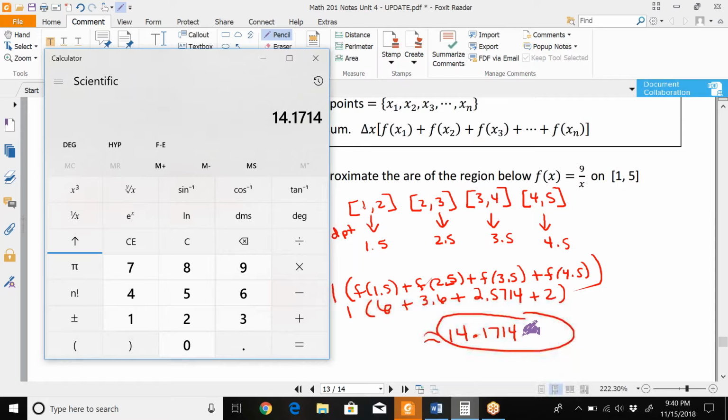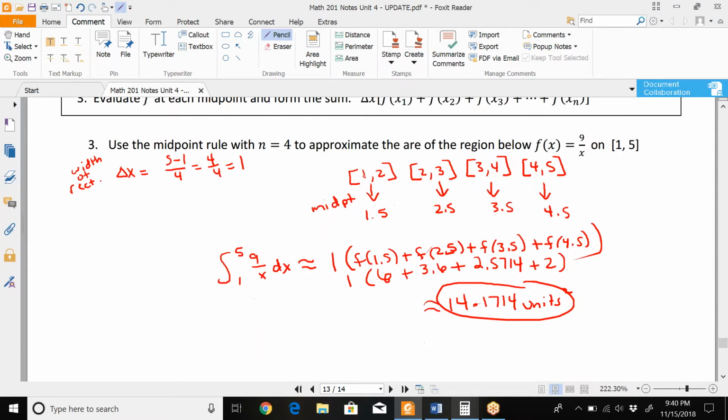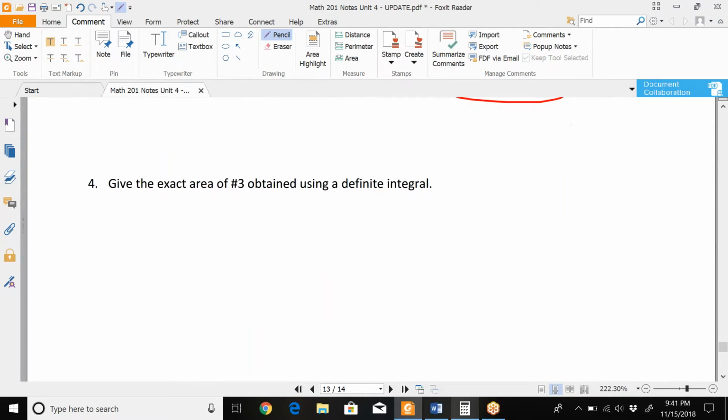And that's units squared. I didn't write that on the first problem, but it's still area. Okay, so this is another one I could have done by an antiderivative because we know how to do 9 over x. So we're going to show you the exact area doing the actual definite integral, from, I believe it was from 1 to 5, not 0 to 5. So from 1 to 5 of 9 over x dx